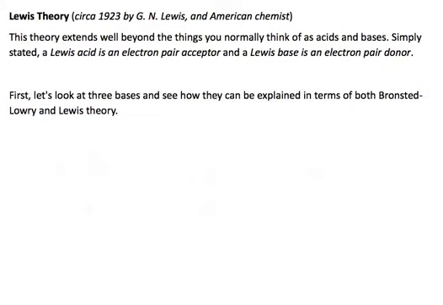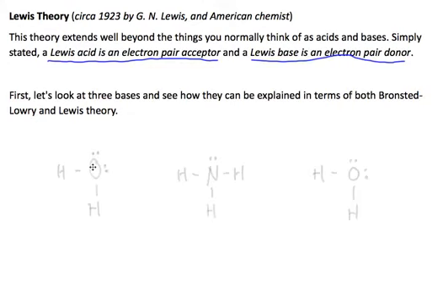The next acid-base theory is known as Lewis theory, and this was brought out around the same time as the Bronsted-Lowry theory, but it's looking at it from quite a different point of view. And again, simply stated, a Lewis acid is an electron pair acceptor. So in this case, what we're looking at is movement of electrons or transfer of electrons. Well, not transfer really, because they're forming covalent bonds. The Lewis base then is an electron pair donor. And so we can look at that in terms of